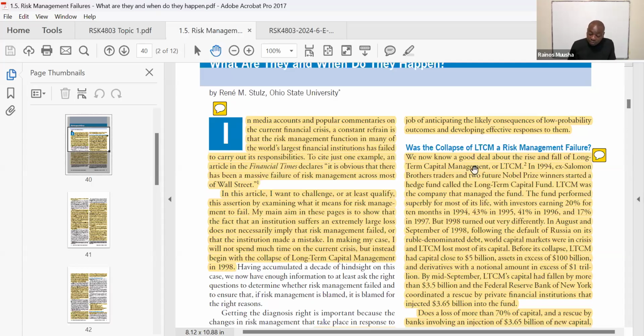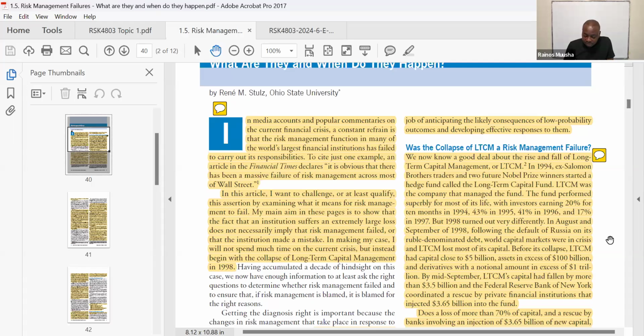And if you look at it from an investment perspective, these were very good returns. It's very, very difficult to find a fund that can give you a return of about 41% in 1 year. And also finding funds that give you consistently good returns over a long period of time is very, very difficult as well. So here they say, but 1998 turned out very differently.